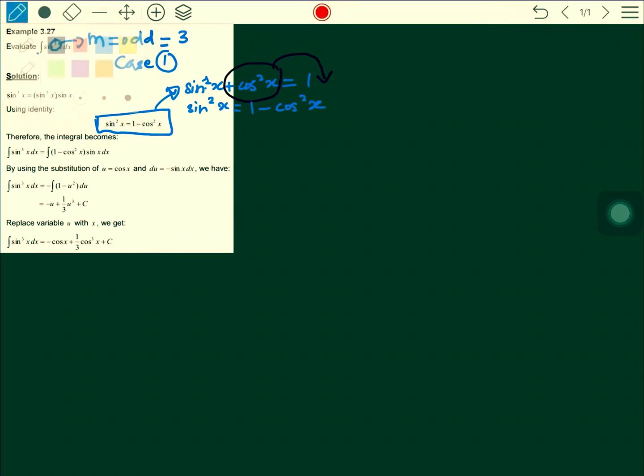So what is the first step that you need to do? This is the first step. You need to break it down, sine to the power of 3 becomes sine squared x times sine x, so that we can substitute the trigonometric identity into this. That's the main idea. Now